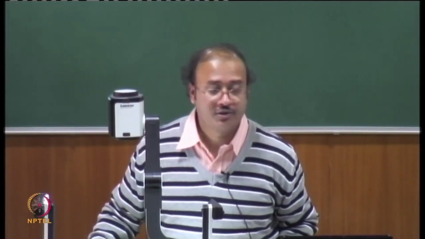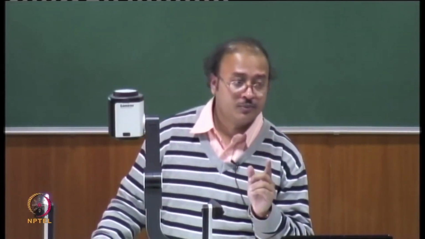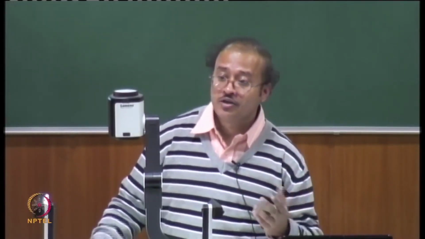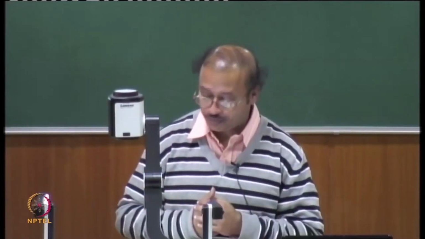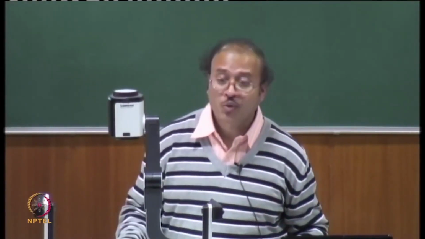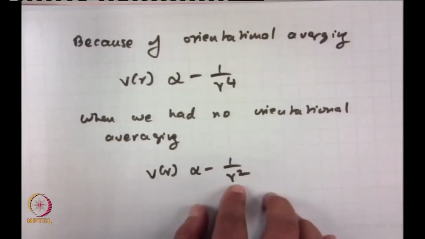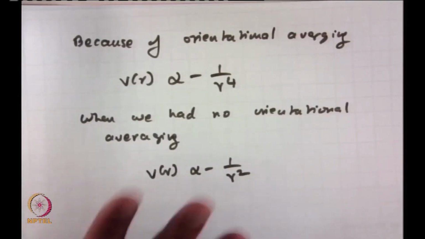So again guys, please understand the implication of this. The implication is one, your V of r definitely depends upon the temperature, because if temperature is too high, you are going to disrupt all potential energies of interaction, right, thermal energy too high. Second is, the moment you bring in orientational averaging, you essentially just square this term which was initially obtained from a constrained value of theta. Okay. Now, this is where we are going to stop for the class today,